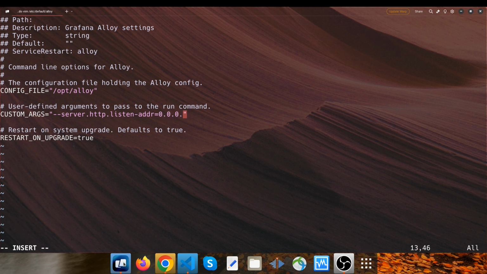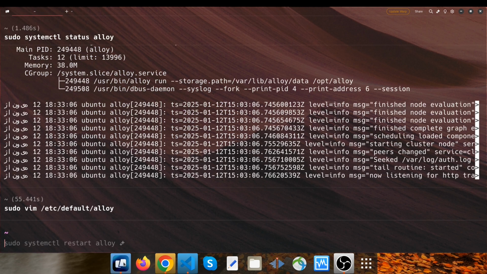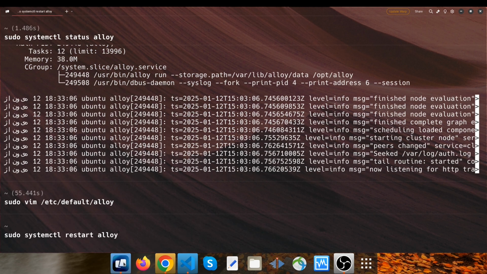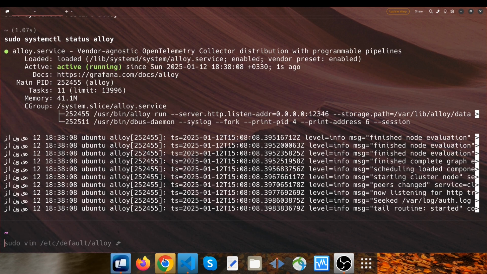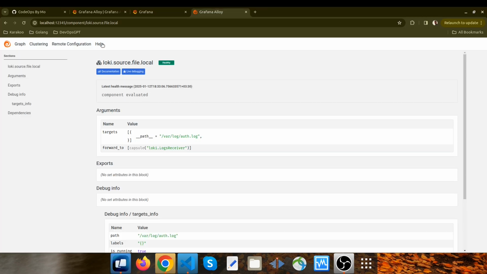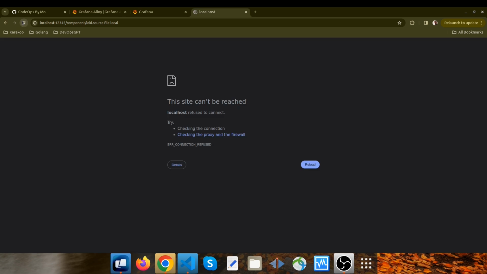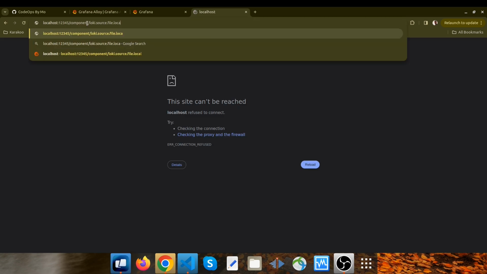So I type it here. And I want to override the default port from 12345 to 12346, for example. Okay? So I save the file and I restart Alloy and I get a status of Alloy and everything looks good. I go back to my browser and if I refresh this page, I need to change the port because I changed it earlier,